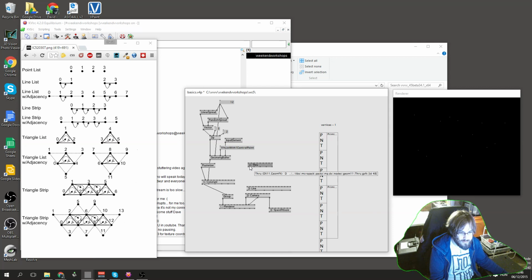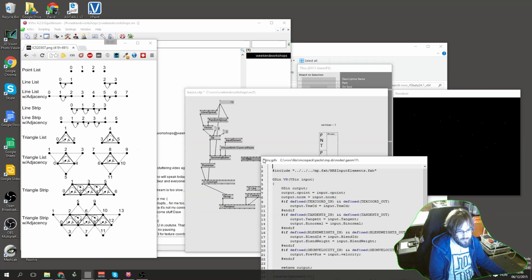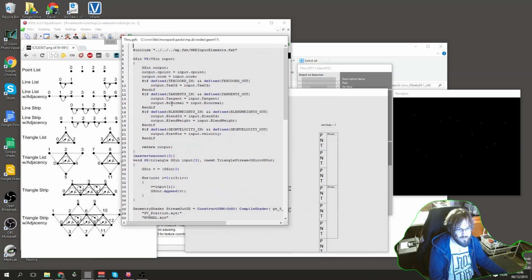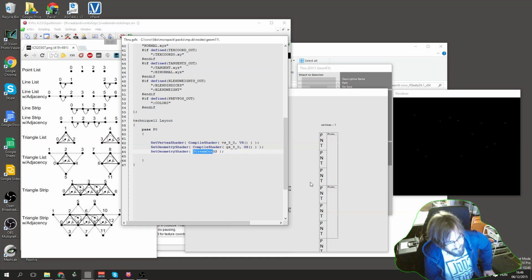Let's have a look at what it is. It is a shader, a group of shaders, and the output of it is a geometry, and you can see here it is a stream out. And what the stream out is